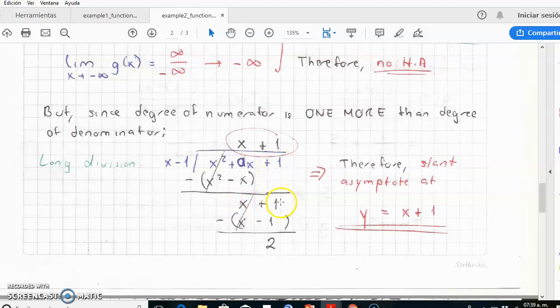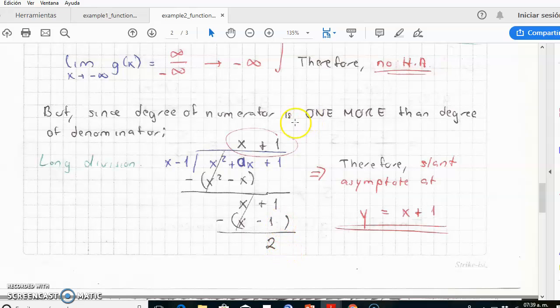Then you lower the 1. Then again, x plus 1 divided by x minus 1, so it'll be 1 because we're dividing the first term only. x divided by x is 1, and then multiply 1 times x, 1 times minus 1, so it will be the subtraction of that, x minus x is 0, and 1 minus minus 1, which is plus 1, will be